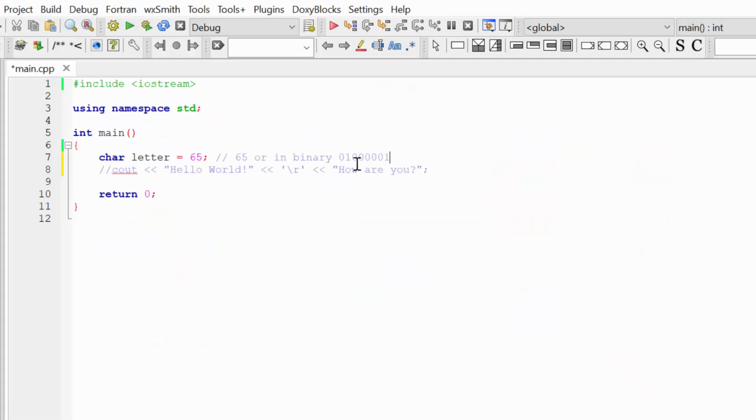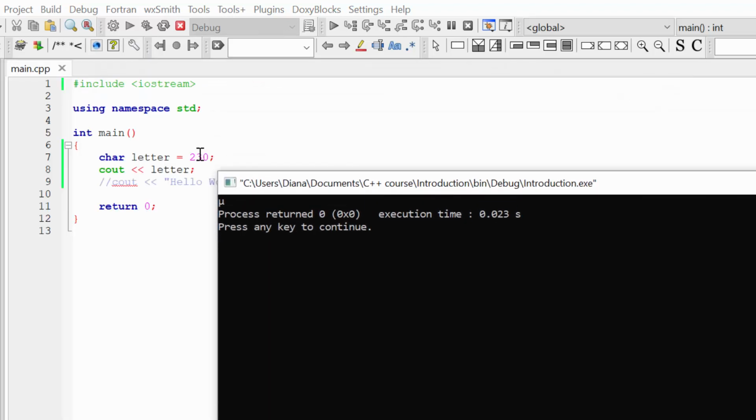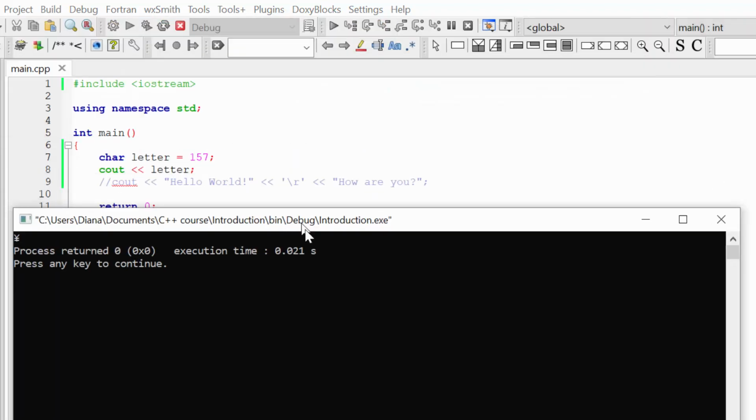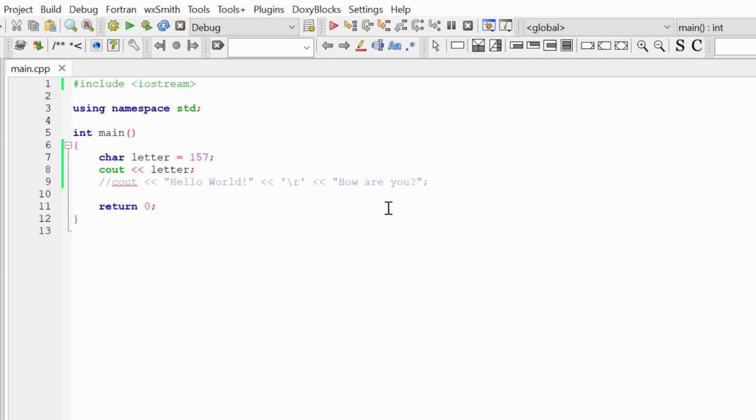If you want to check what exactly you have, let's, for example, initialize our letter with 230, and let's try to write the result to the console. Let's build and run our program. And you can see that if the letter is equal to 230, I have this Greek letter mu. Let's also try to check 157. Once again, build and run our program. And you can see that for this code, I have a sign of the yen currency. Okay, so now try 230 and 157 on your machine and write in the comments what characters you have.